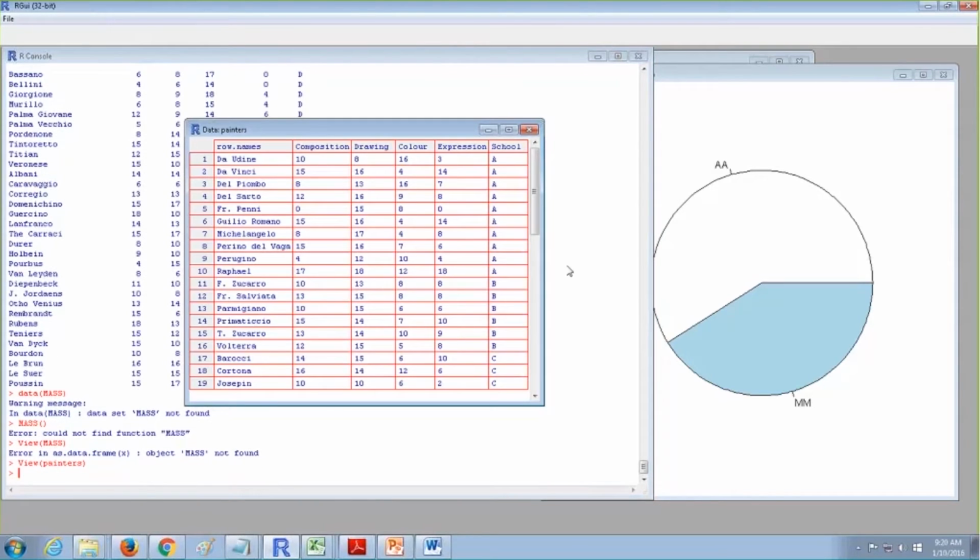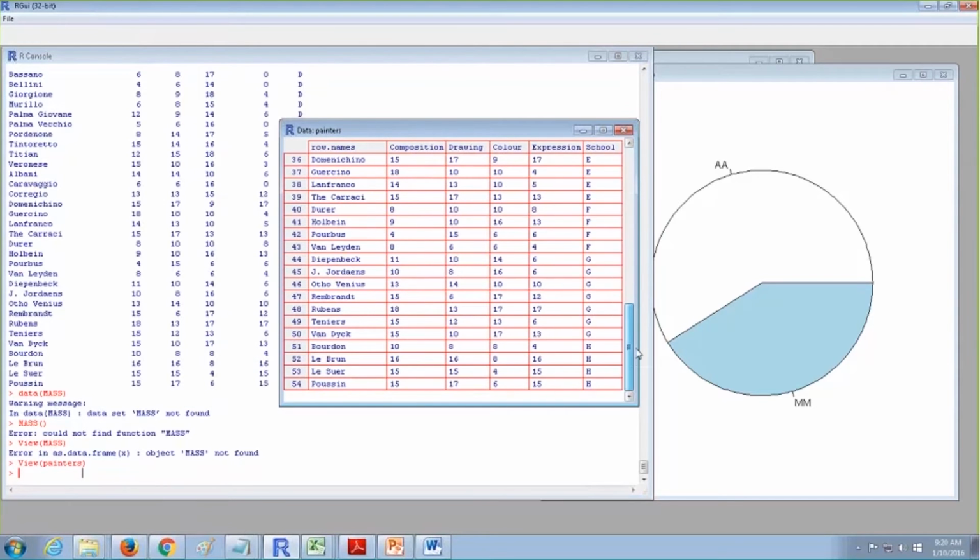Make sure that whenever you type View, it is easier for me, because instead of looking in my console, I have a separate tab where I can scroll and easily look at my data. That is more convenient for me. That's why this command View is used. The first V should be capital, because R is case sensitive.